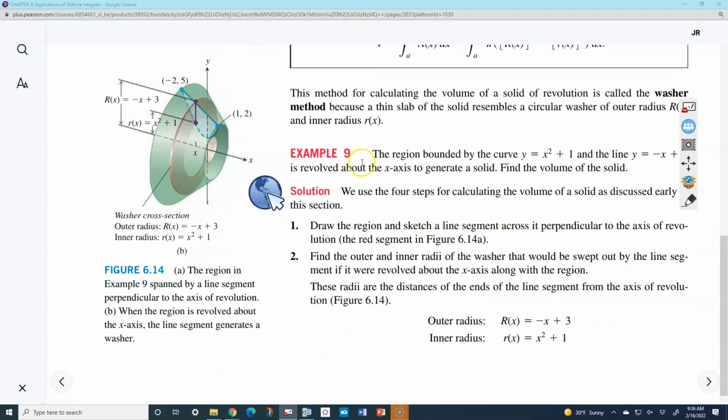So here's example 9. The region bounded by the curve y equals x squared plus 1 and the line y equals negative x plus 3 is revolved about the x-axis to generate a solid. Find the volume of the solid. To me that is very difficult to visualize. It's like the book is even having trouble showing that. But it's this